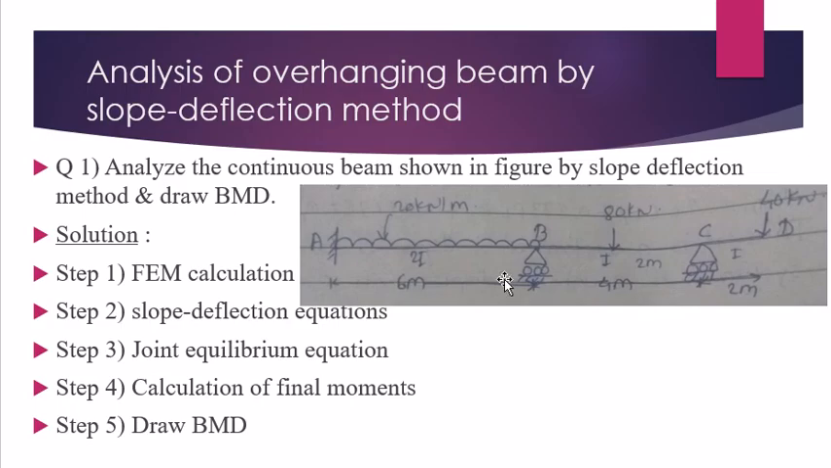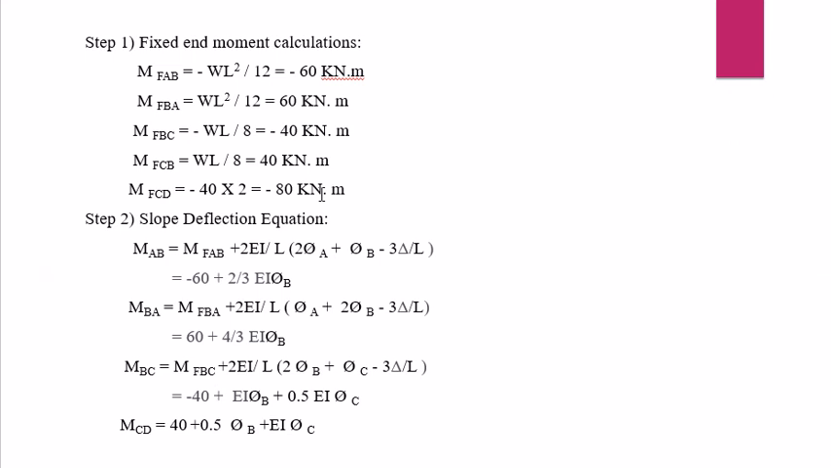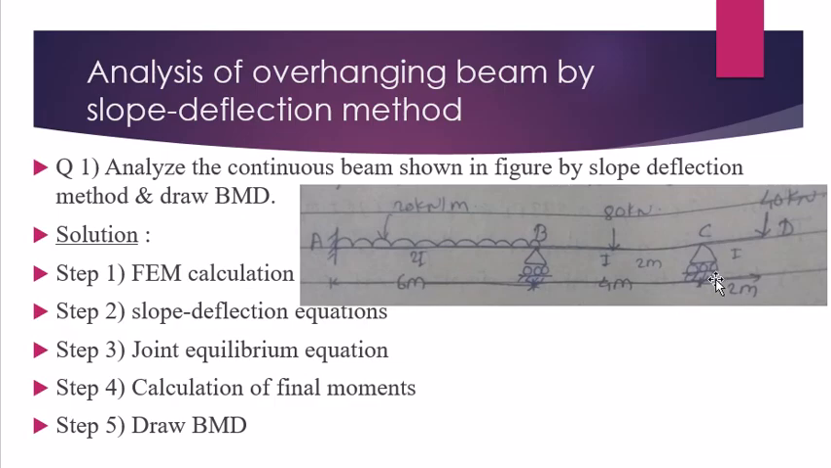Similarly, for CB also, clockwise movement is there. So the positive bending moment occurs at this point C, which is WL by 8, which is positive, equal to 40 kilonewton meter. Then at joint C,